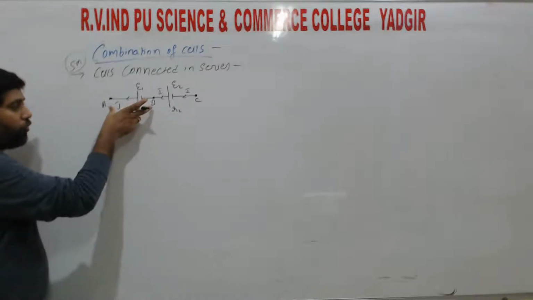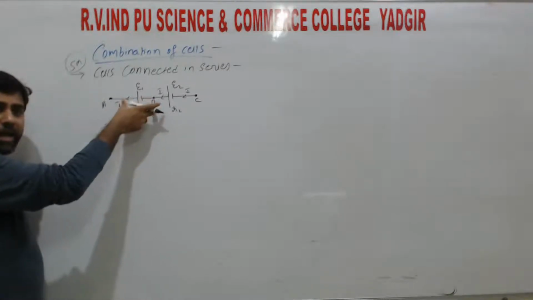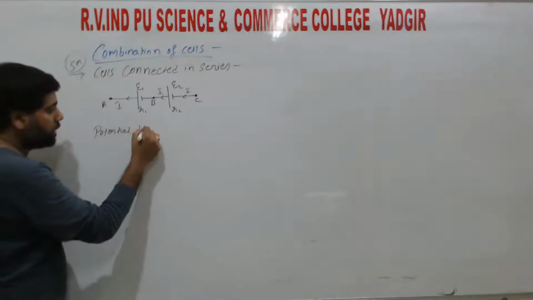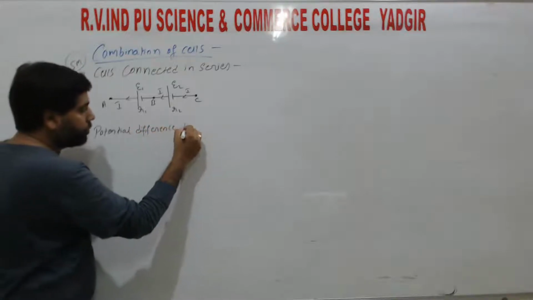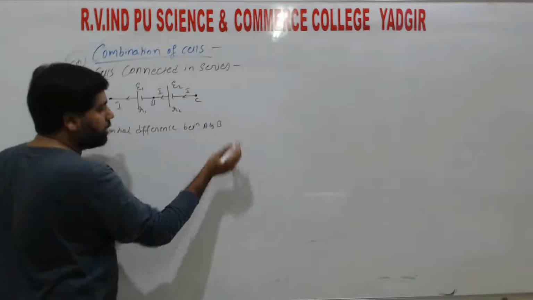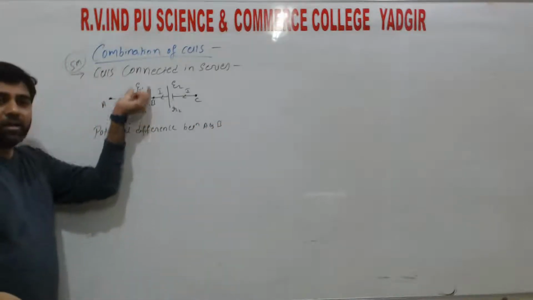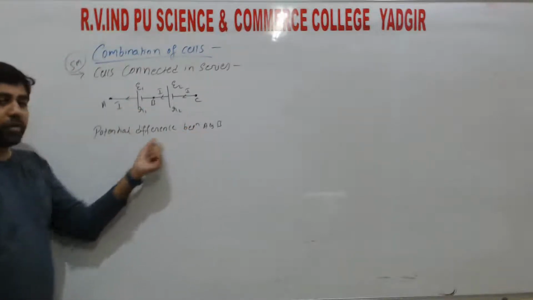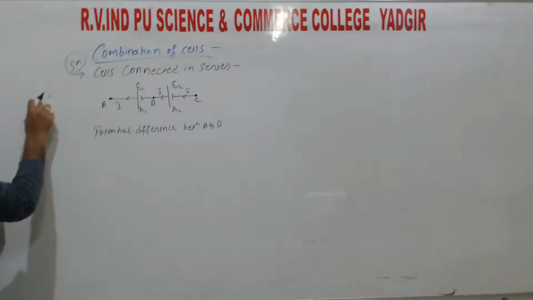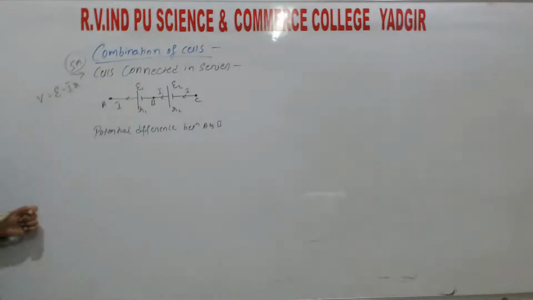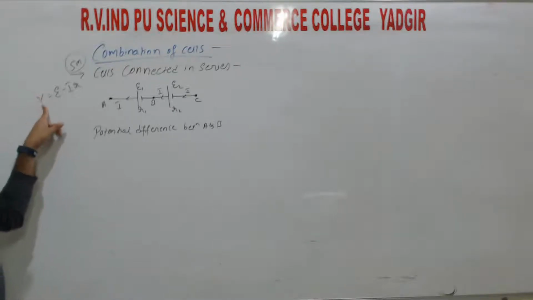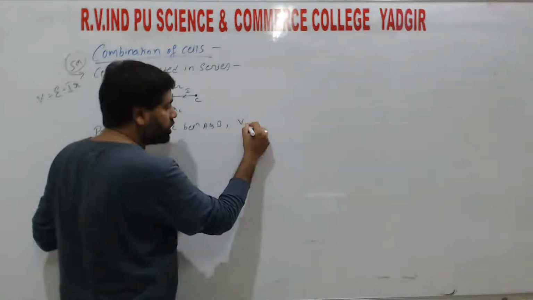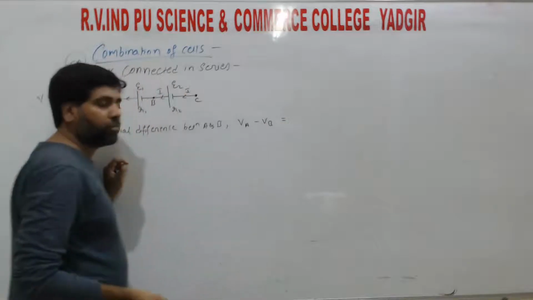For that, first find the potential difference between A and B. That means the potential difference across the first cell E1. From the relation V = E - Ir, which we must remember, where V is the potential difference across the cell, we have the two points A and B, so the potential difference VA minus VB